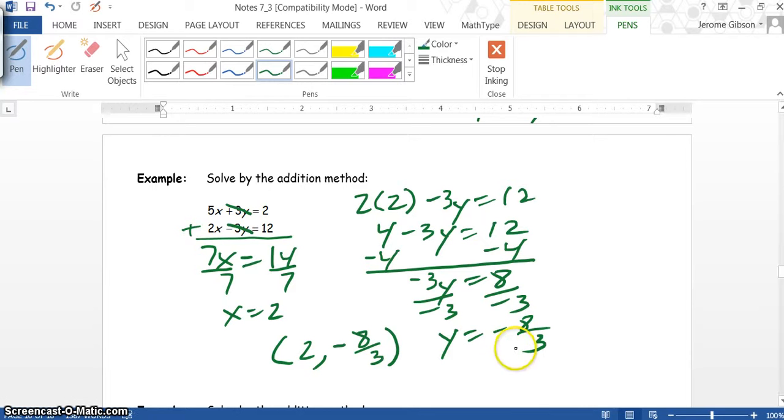Now remember what was stated earlier. If we were doing the method by graphing, it'd be very hard for you to tell that one of the points was a negative 8 thirds. Okay, now